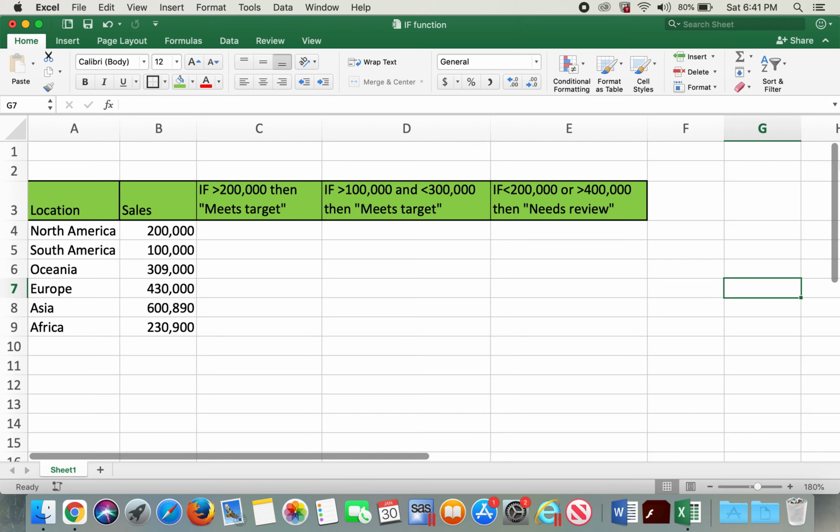Today I'll be discussing the IF function in Excel. Here I have data for a company's sales on 6 different continents. I'll be using IF then, IF with AND, and IF with OR. On cell C4,